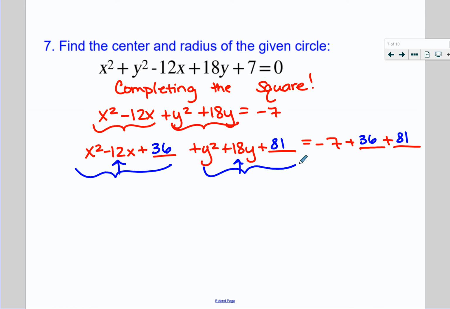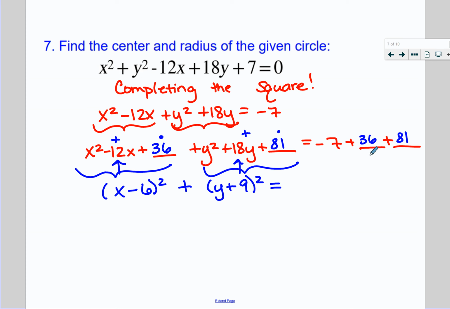Then we factor. What 2 numbers multiply to 36 and add to negative 12? 6 and 6. Close. Negative. Yep, so I could write x minus 6 if I factored it. Or, if you're doing this right, it should always be the same number twice. So we write it as a binomial squared. X minus 6 quantity squared. Plus, what number in itself multiplies to 81 and adds to 18? What multiplies to 81 and adds 18? 9 and 9. So I can write y plus 9 squared equals,